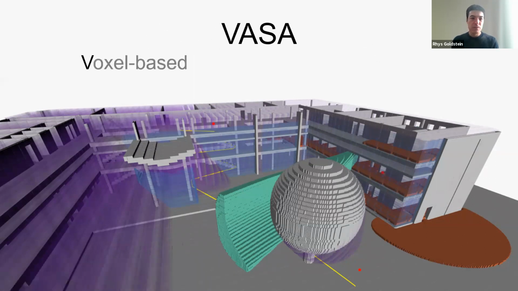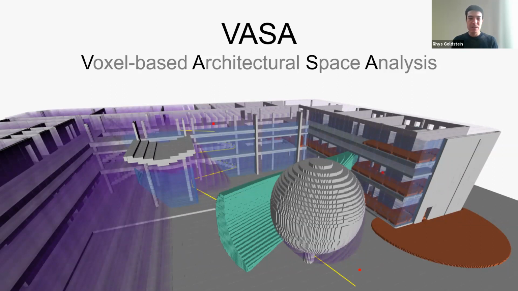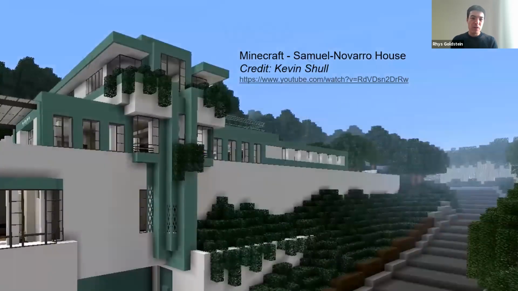So VASA stands for Voxel-based Architectural Space Analysis. That's exactly what it is. We're doing space analysis on architectural designs using voxel models. Here's an example of a voxel model. This was not done in VASA. This is a Minecraft model I found on YouTube, but it shows you the kind of representation we'll be working